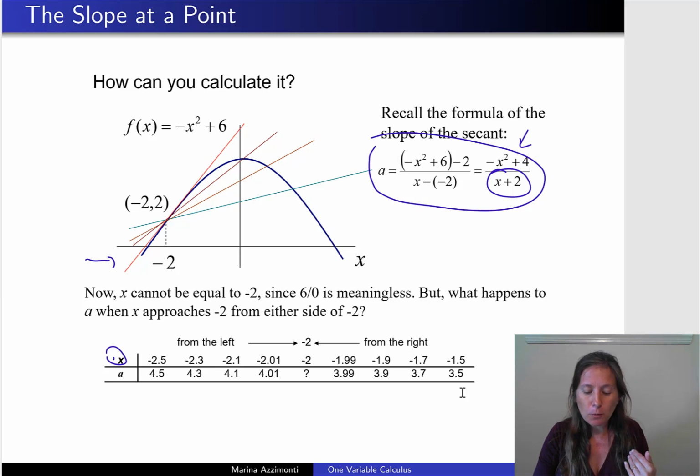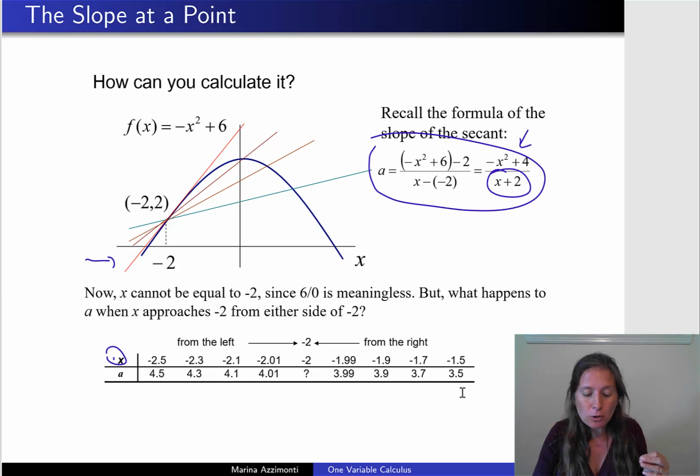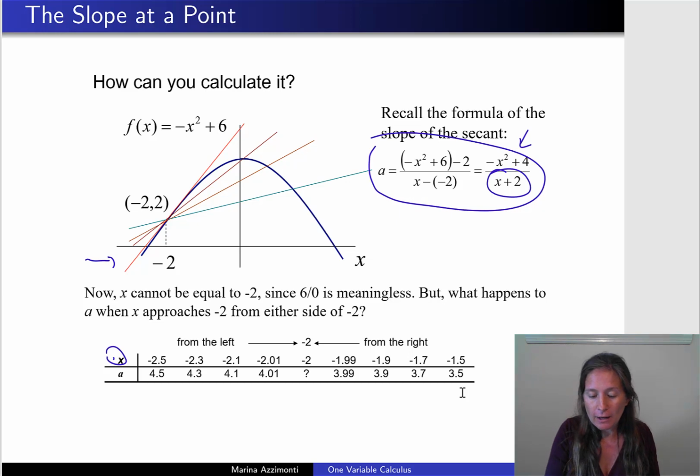At minus 2.1 is 4.1. So as we are decreasing the difference between the two x points, we are seeing that the slope is approximating the number 4. If instead we go from right to left, so we move from here to here, and let's